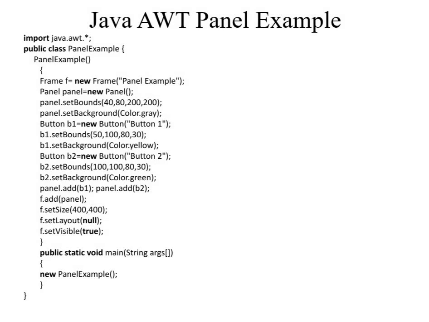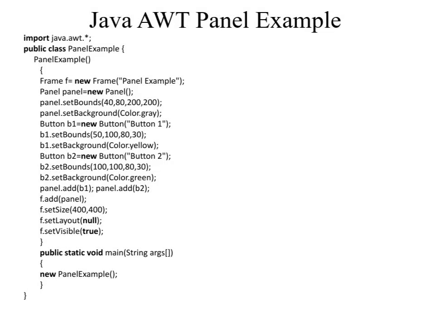import java.awt.*; public class PanelExample { Frame f = new Frame("Panel Example"); Panel panel = new Panel(); panel.setBounds(40, 80, 200, 200); panel.setBackground(Color.gray); Button b1 = new Button("Button 1");